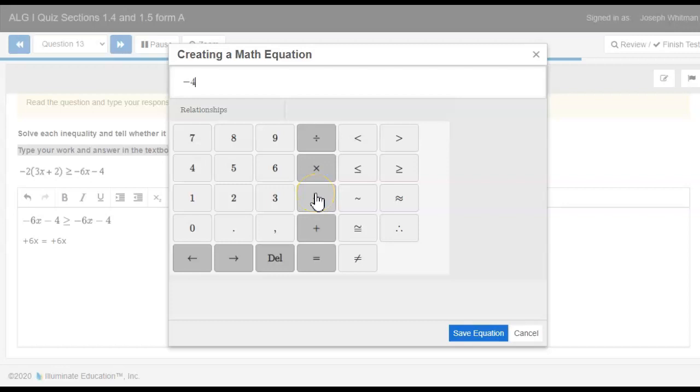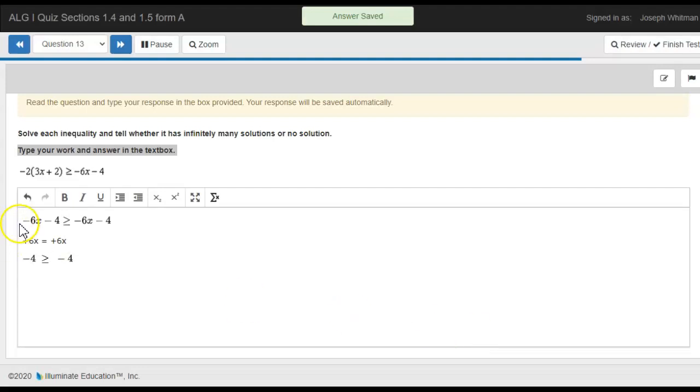So what's less? I have negative 4. And then I have my inequality, negative 4. And I hit save. So now I've gotten my variables to one side, but they disappear. When that happens, now